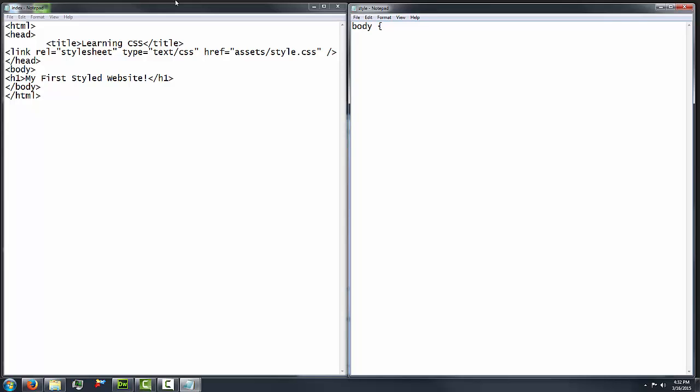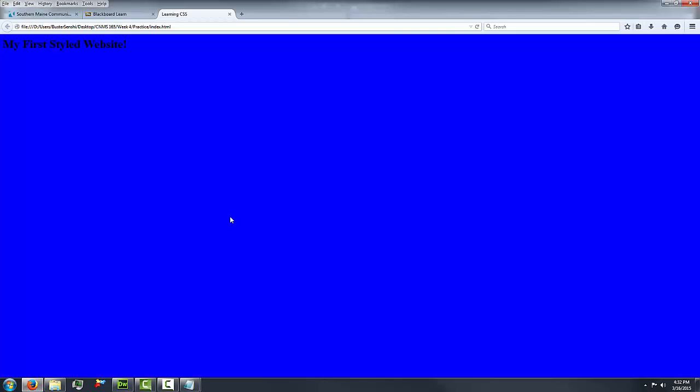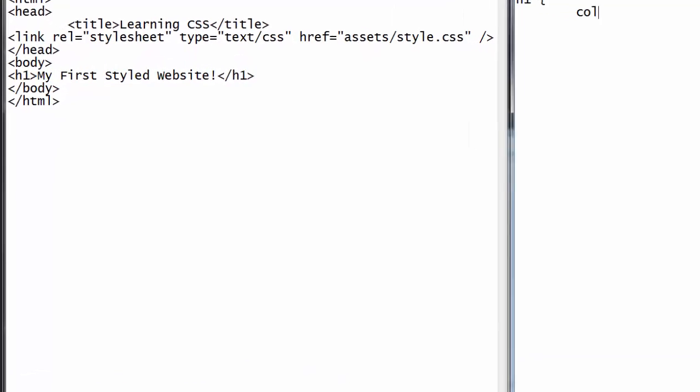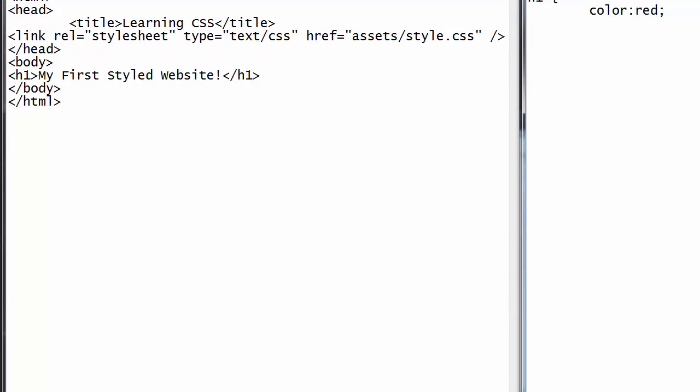I would use my body tag, and I would say color, and I would set the color to whatever color I'd like. So say I wanted to do the color red. I would save, open my page, and we see that my H1 tag is red, which is great, but say we wanted to make it so that other elements on this page were a different color. What we would do is minimize Firefox, go into here, and set H1 color red, close our bracket,